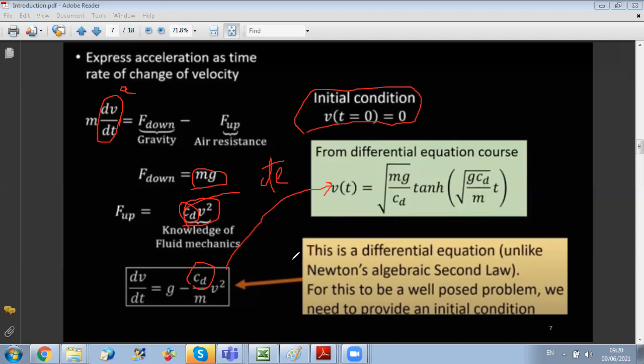So now, for me, it's fine. I can solve it analytically. And this will help us now because we know the exact solution. This will help us when we develop numerical methods, to compare the numerical solution we get with the exact solution. But in general,